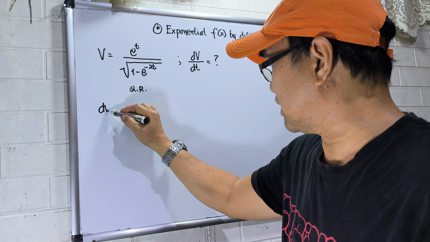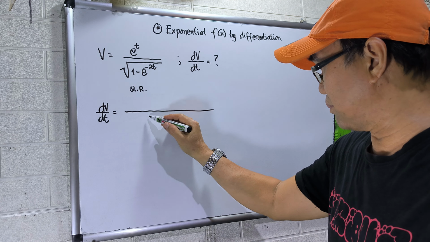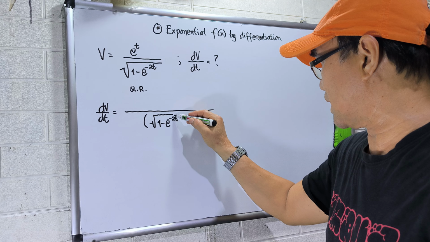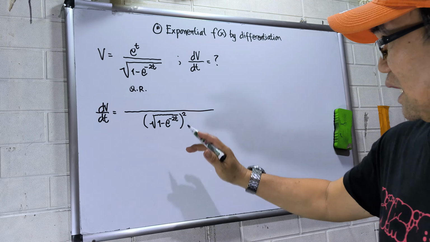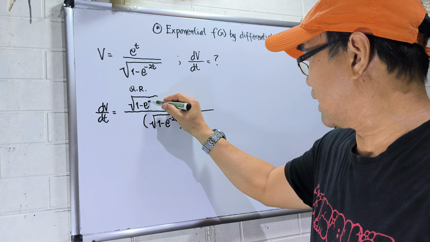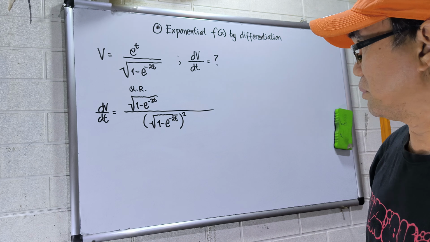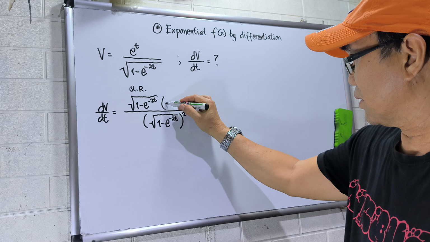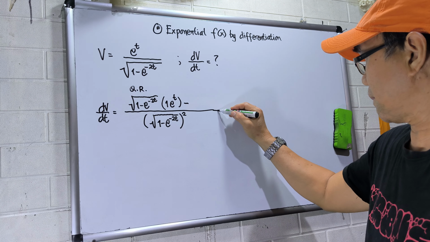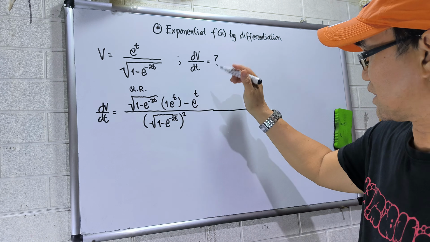So, I will differentiate. dv over dt is equal to, I will square the denominator. So, this will be the square root of 1 minus e raised to the negative 2t, squared. Okay? Then, I will copy the denominator, square root of 1 minus e to the negative 2t. Then, differentiate the numerator. Derivative of e to the t, that will be 1 times e to the t, then minus,